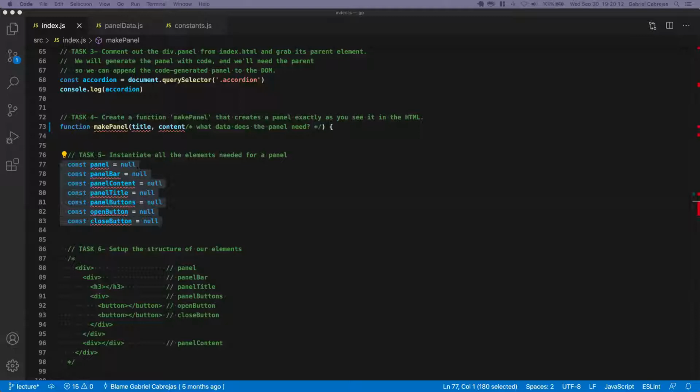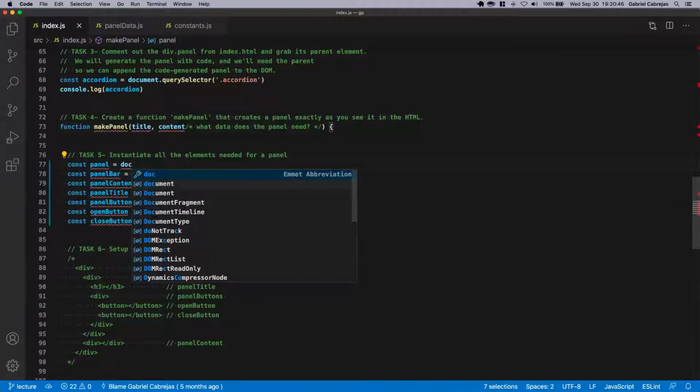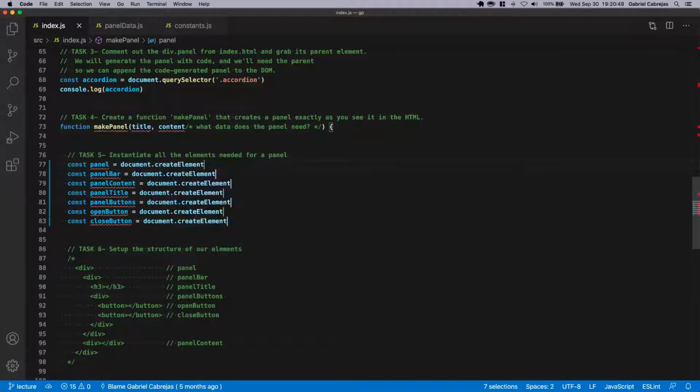Okay. So I'm going to steal from Chaz, right? In the meantime, everybody else, you can copy and paste from the terminal, from Slack, but check this out. If you double click on the first null, I've highlighted the first null. Now on Windows, you do Control D. On the Mac, you do Command D, and I'm highlighting all of those nulls at the same time. See those cursors blinking? Now I can type document dot create element invoked,